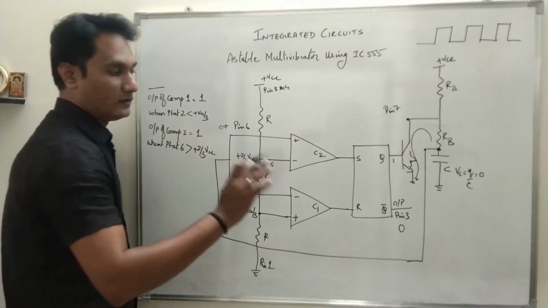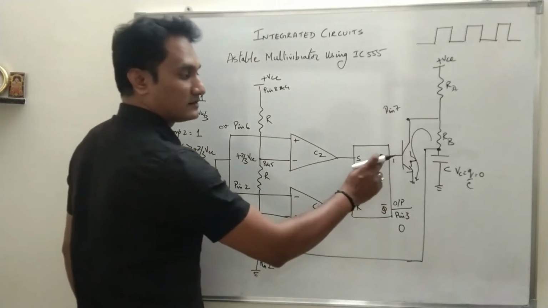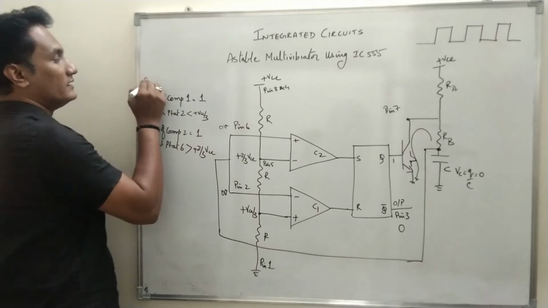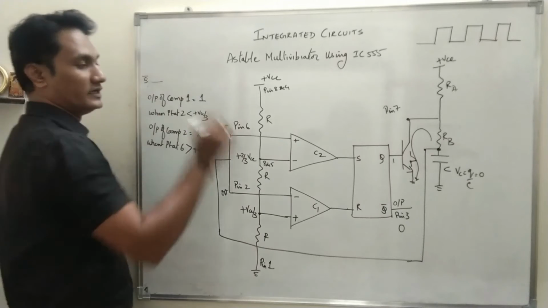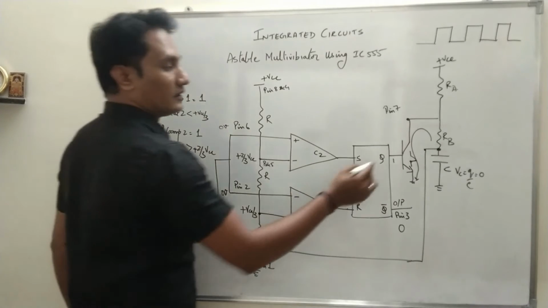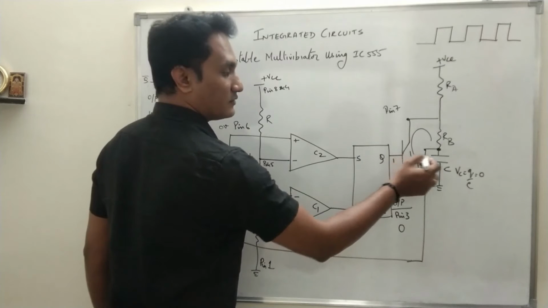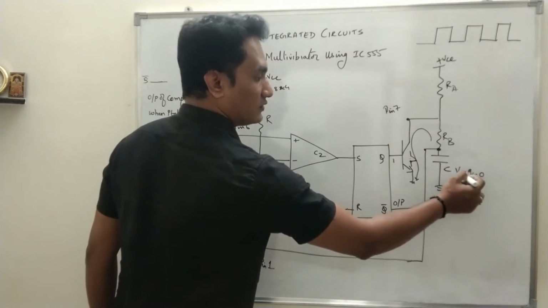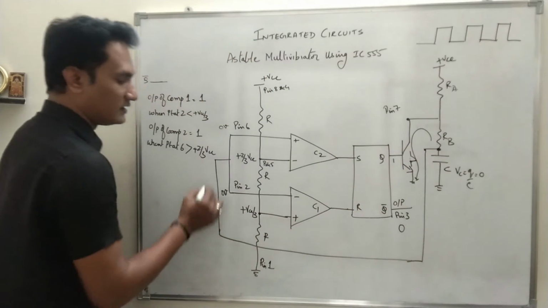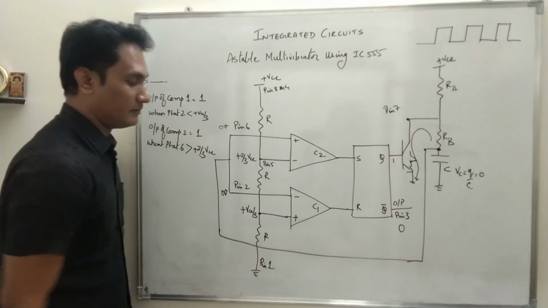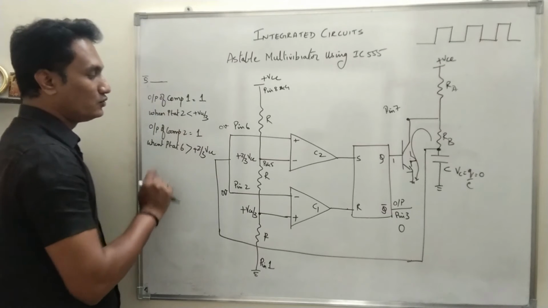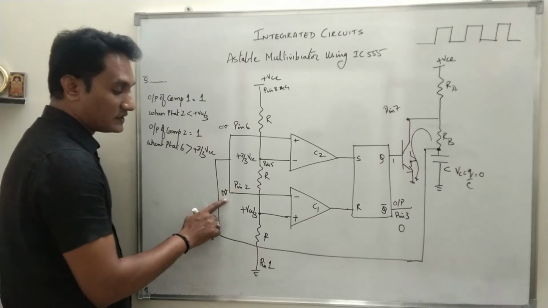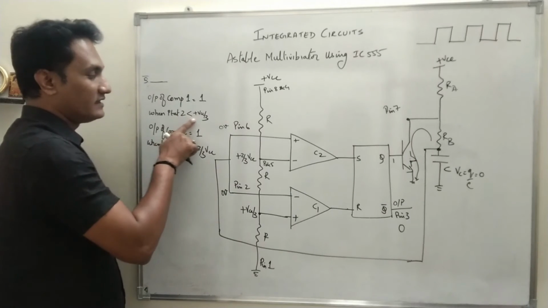Okay, so again what we started with is, we said that Q is 1, Q bar is 0. Our output Q bar is 0 initially, and Q is 1, the transistor is in saturation region, the capacitor is completely discharged, Vc is equal to Q by C. As Q is 0, Vc is equal to 0. This 0 potential is given to pin number 2 as well as pin number 6. Now see, out of these two conditions, which one is satisfied? The potential at pin number 2 is 0, which is less than plus VCC by 3.